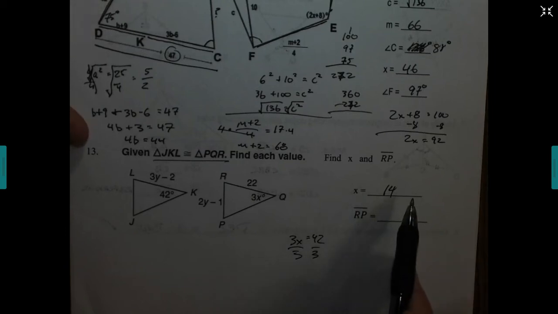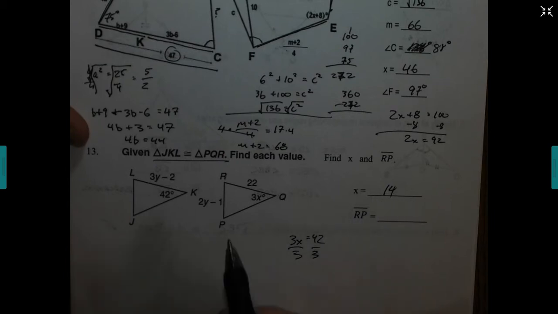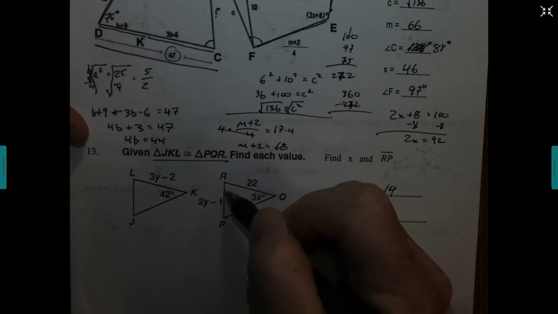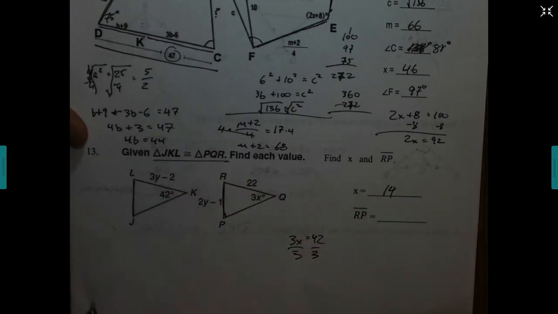We just found the value of x. Now I need to find the measure of RP. The only way to do that is to come up with the value of y. Now I know RP is going to be the same as this piece, but I don't know what that is. So it's going to be tough to find the value of y unless I look around and I see that